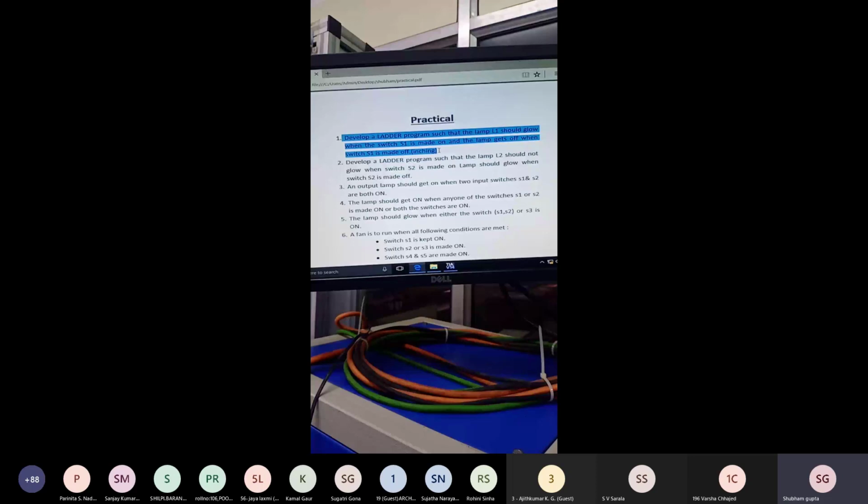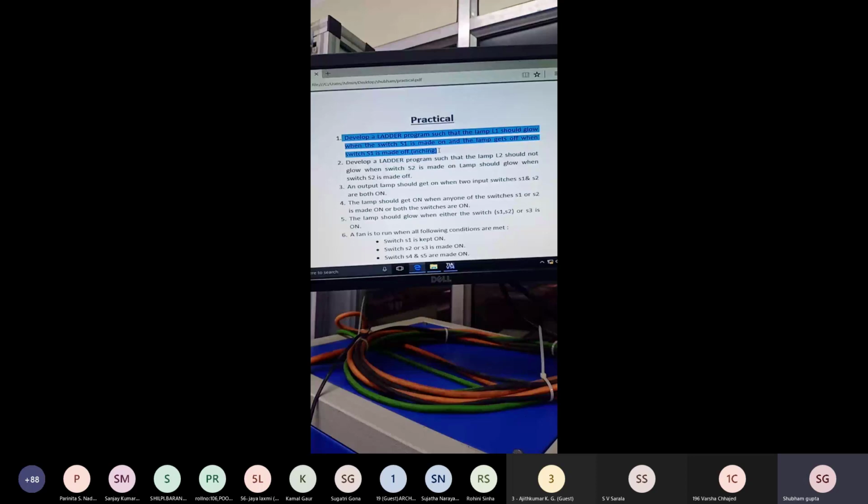Which kind of contact do we use for this program? NO type contact, sir. Okay. And addressing is I0.0 for the input and Q0.0 for the output.